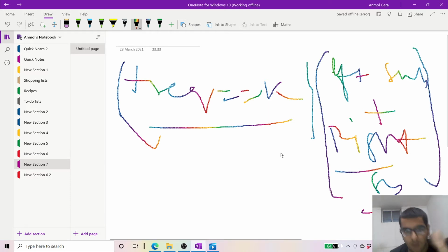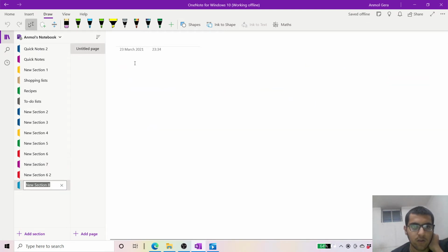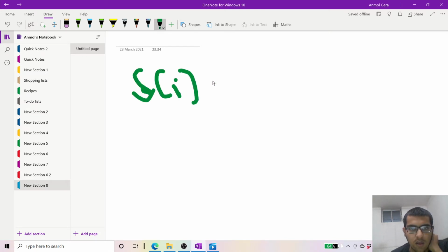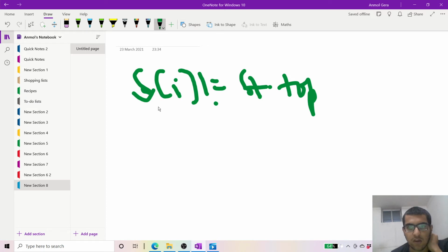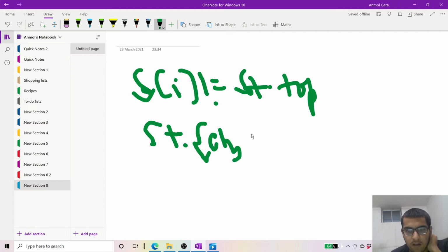Now, how will the code work? We have to figure that out. If our current character, let's suppose s[i], is not equal to st dot top, meaning the current character is not matching the character stored in the stack, then it means this is a new character. So we just push into the stack the character s[i] and its frequency.